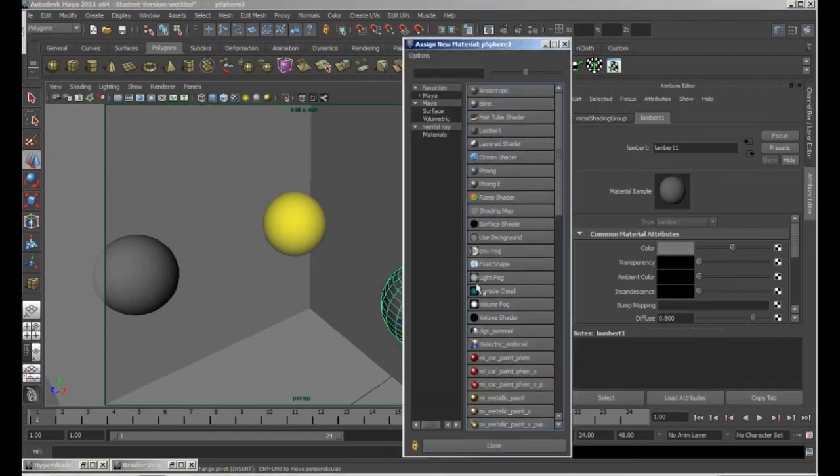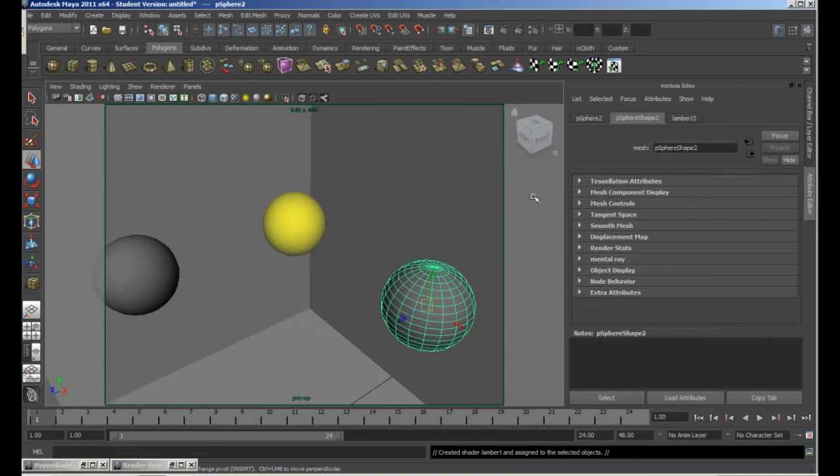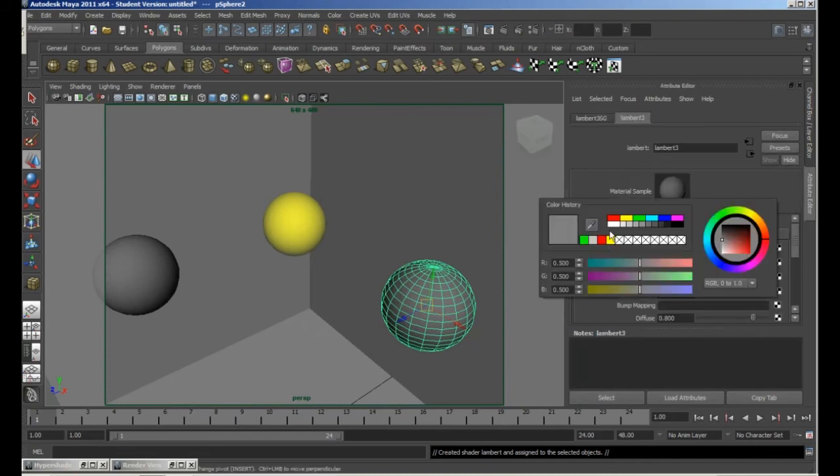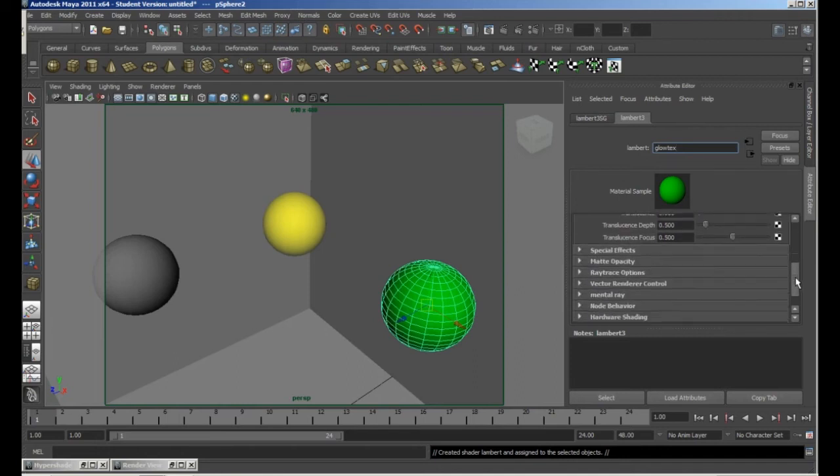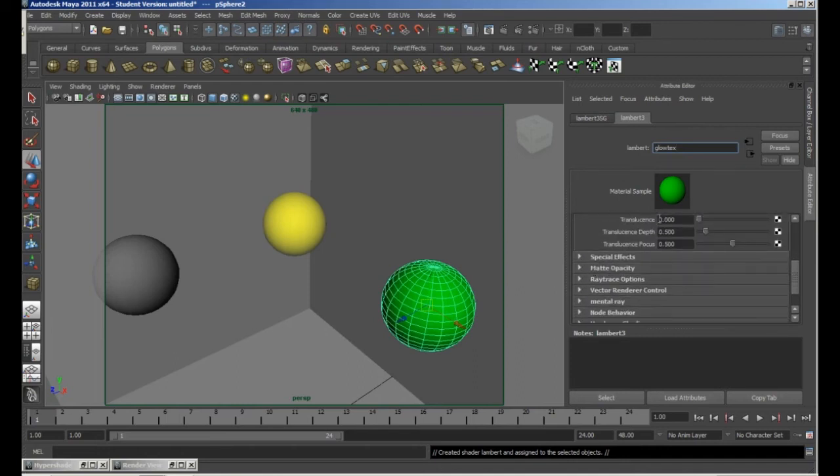There we go. Yeah, so I'll just make it a Lambert, and we'll change that to a green colour. Got there this time. Excellent. You notice it says Lambert 3, and we'll call that glow text so that we know that it is texture. And just down here, next to the next icon down, click the arrow here and you've got special effects,